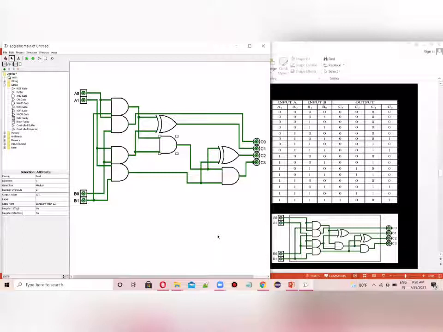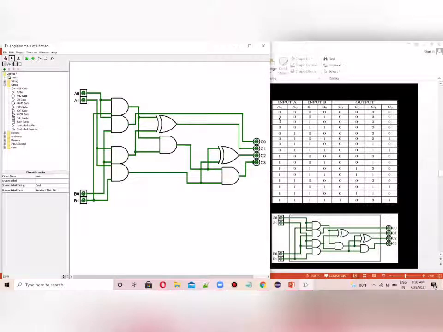So let's check whether these inputs are okay. Now let's check it. When all the inputs are 0, 0, 0, 0, the outputs will also be 0, 0, 0, 0. That is completely correct. So the first is done. As we all know, there are 4 inputs here, so 2 to the power 4, 16 situations can be created. By using this, we are creating these situations. We can see that is completely okay.